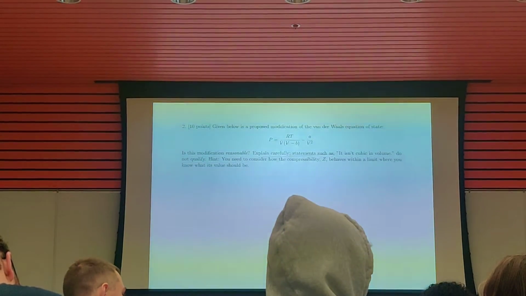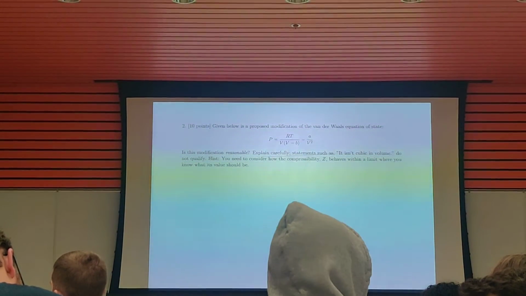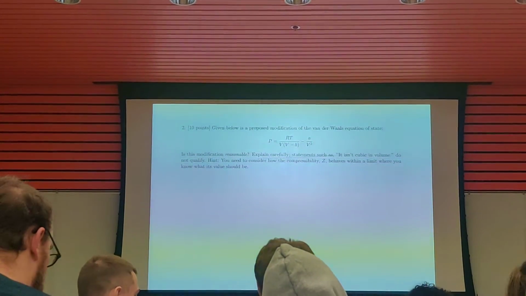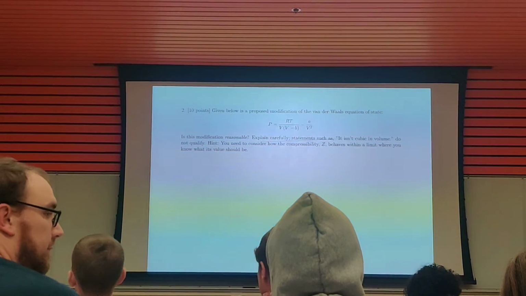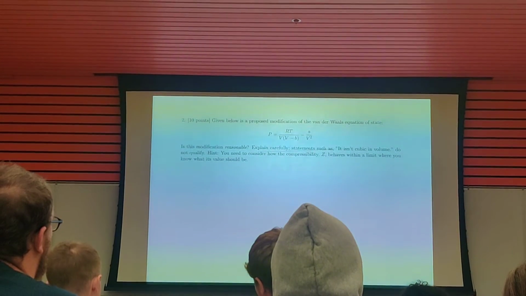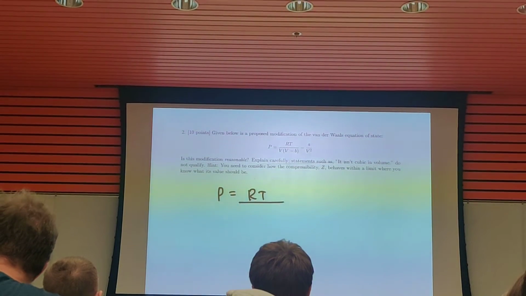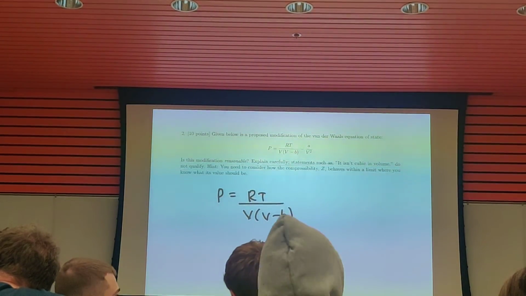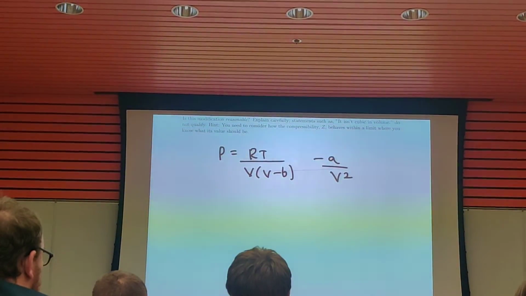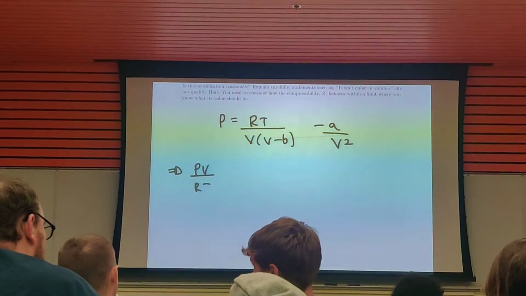Okay, well, I'm going to do it mathematically, perhaps that will help. Is there any other question? Let me repeat it. So then is it clear why we're taking the volume to go to infinity? That's 1 over infinity, which is 0. So mathematically, we have P equal to RT over V minus b minus a over V squared.